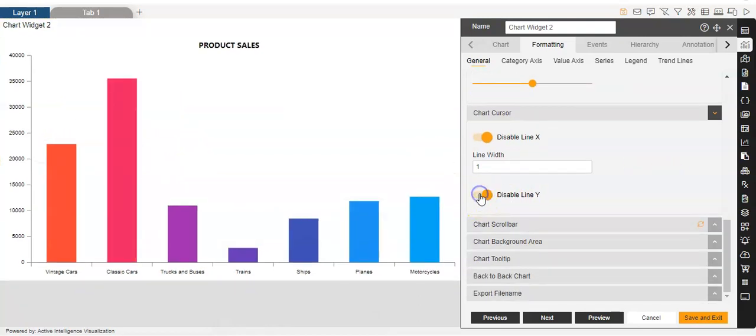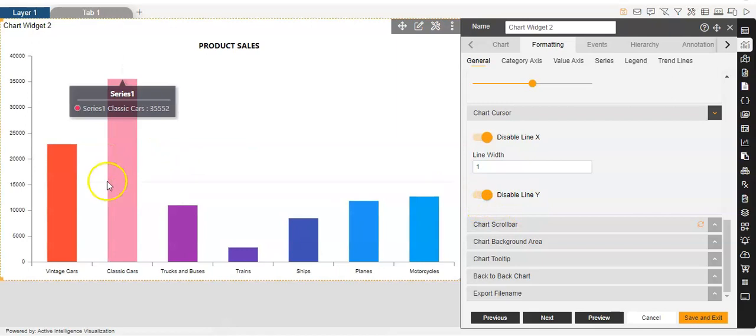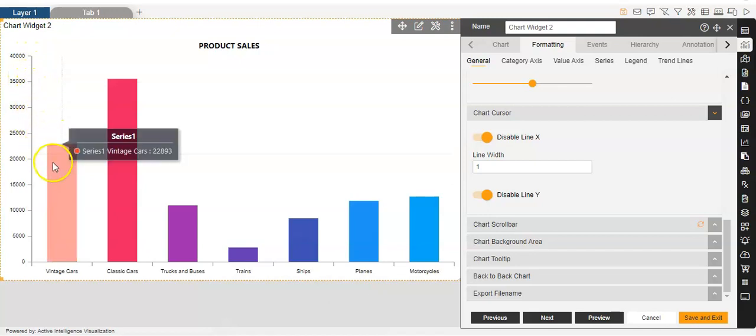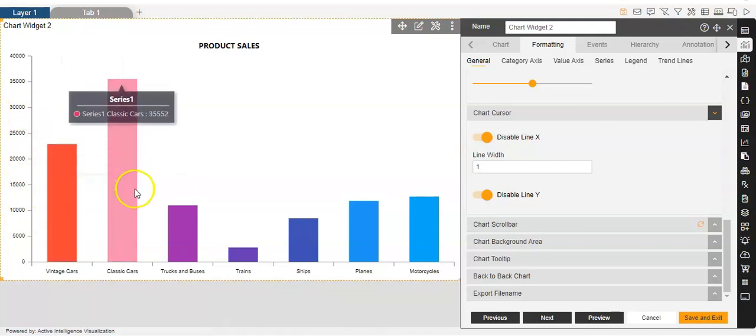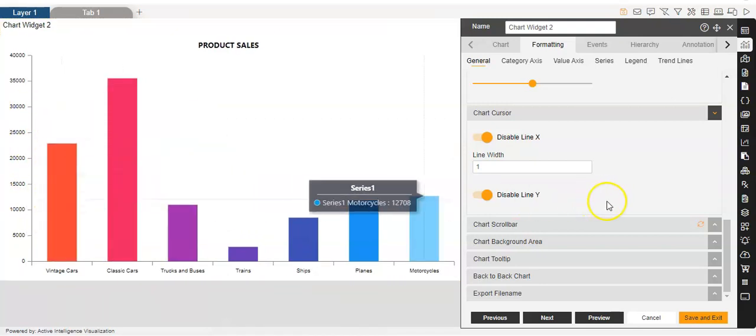Now enable line Y. Now similarly I can enable the same feature for line Y also. So whenever I'm hovering over the values, I'll be able to see the same names.